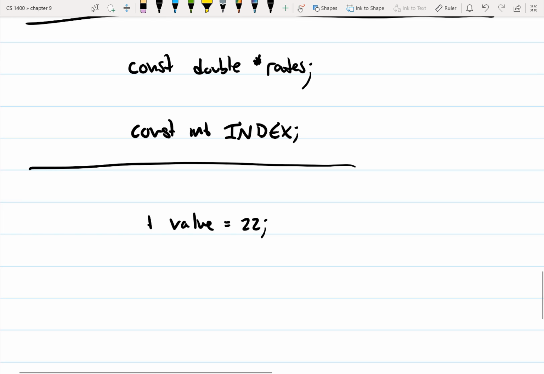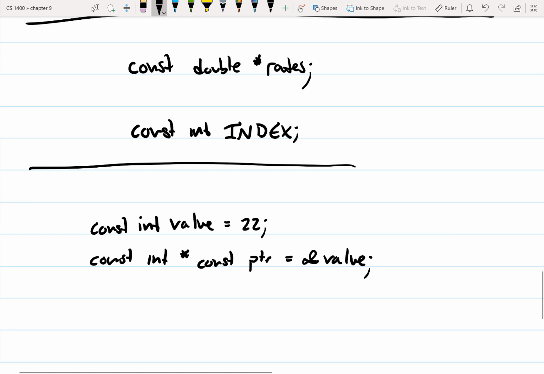I'm going to actually make this a constant just so it's, say this is a constant int. So we can have a constant int and then constant pointer, and this is equal to ampersand